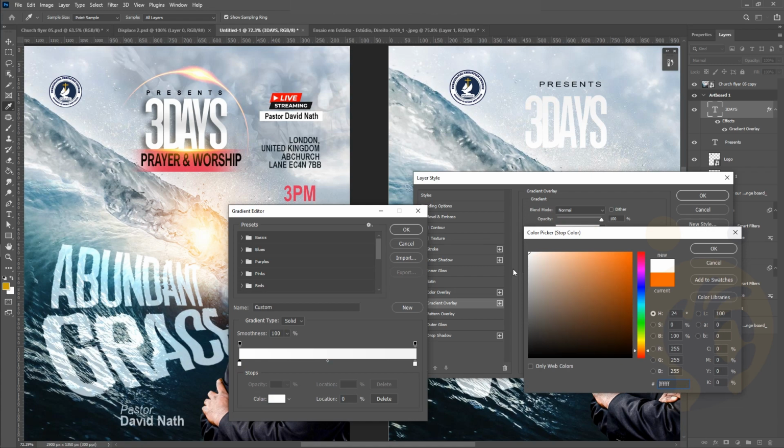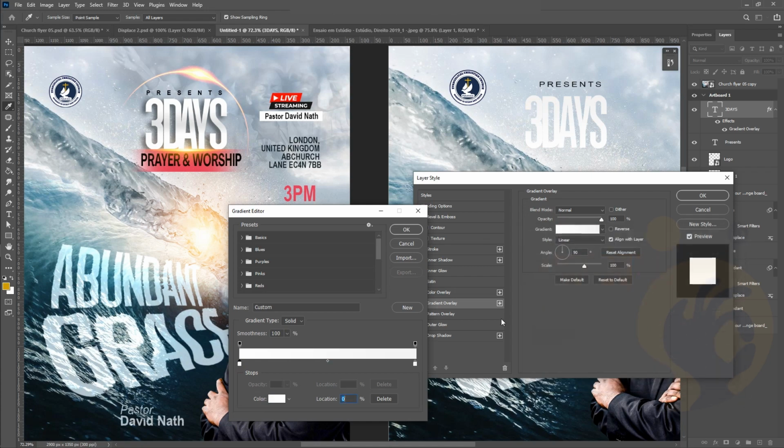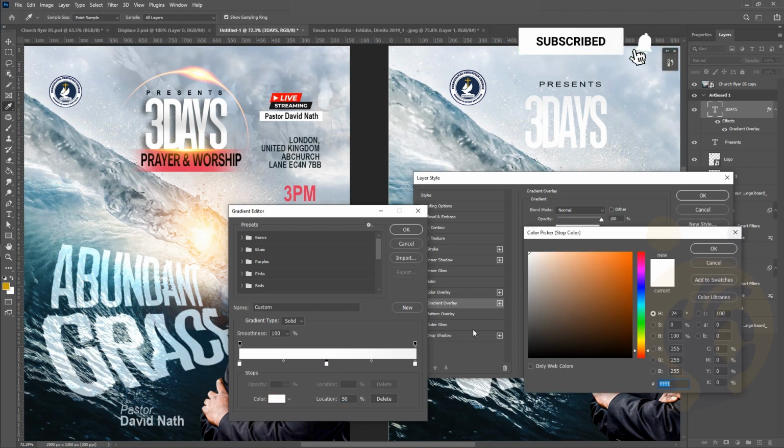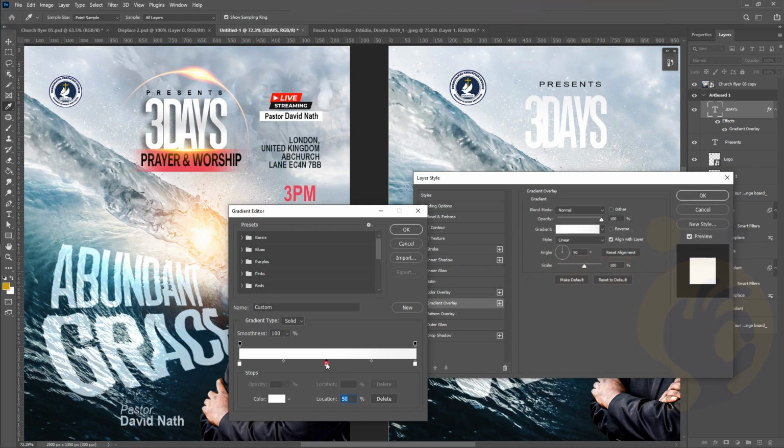Yeah. So okay. And I will add to the middle. I change the color by just clicking on the middle. Let me show you again. When you have already done the two edges, what we want to put here is some kind of